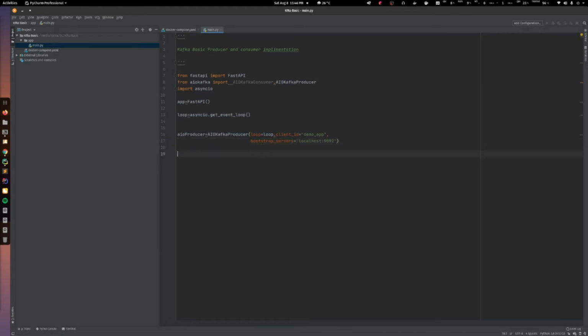Okay, now I need AIO consumer. So similarly I am creating AIO consumer, and for this also I need the same configuration, so I copy and paste it. One of the things I forgot is that I need to import Uvicorn, because this FastAPI is run over Uvicorn, and maybe I need some JSON. Okay, fine.